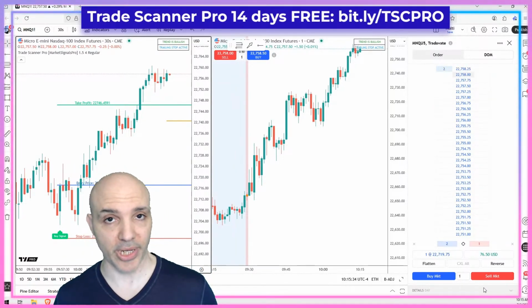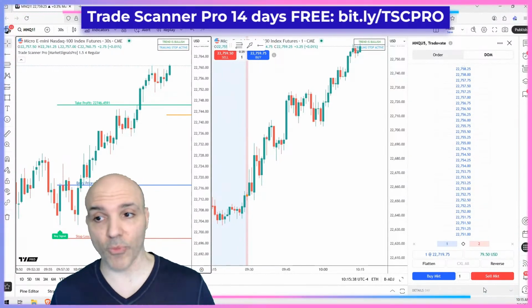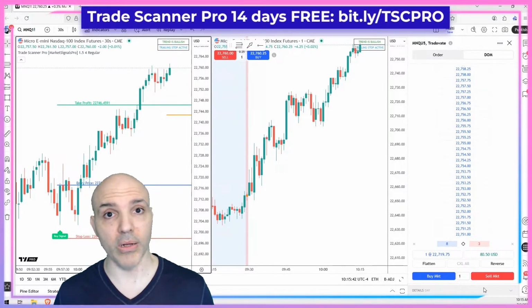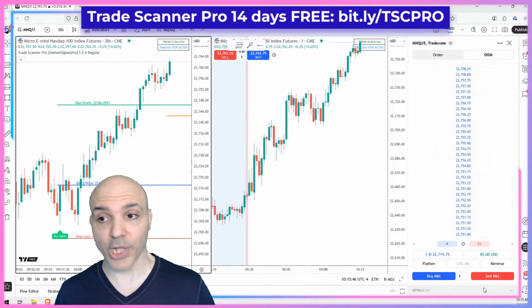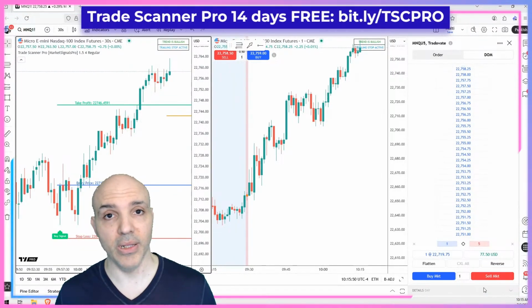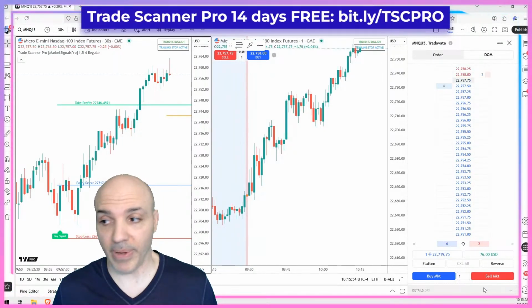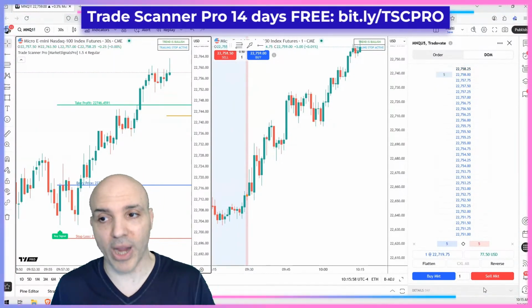It's the sizing, right? I'm going to be right on trades. As you can see, I'm right all the time, but I have small positions. I'm also wrong a decent amount of the time, right? But when I'm wrong, I try to keep my positions as small as possible, usually 1 micro lot. So if I'm wrong, I lose a little bit of money, right? But when I'm right, I try to be